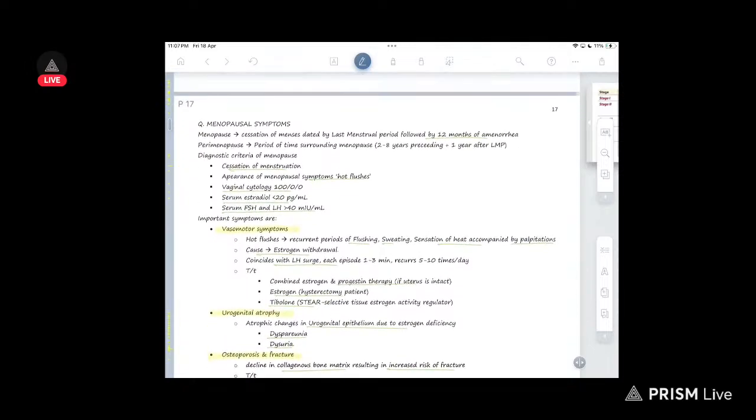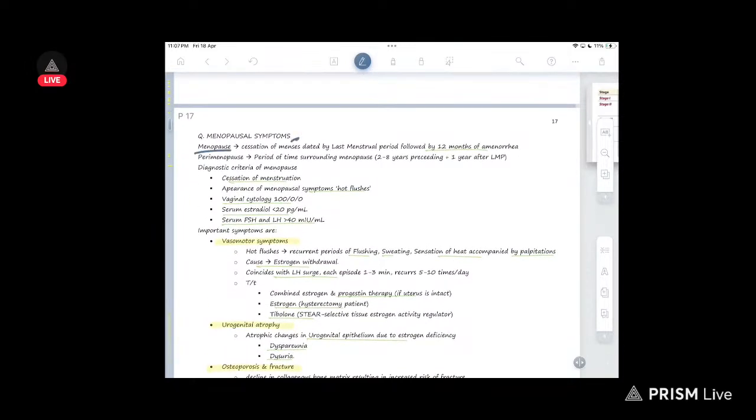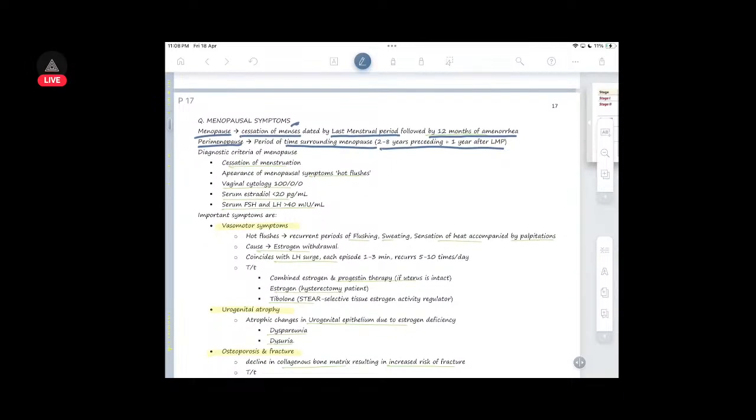radiation. Okay. Menopausal symptoms. So menopause is a cessation of menses, by last menstrual period followed by 12 months of amenorrhea. Perimenopause is time surrounding menopause, 8 years before and 1 year after LMP. Then diagnostic criteria of menopause is cessation of menses, appearance of menopausal symptoms, hot flushes, vaginal cytology you have to do, then serum estradiol will be very much less,